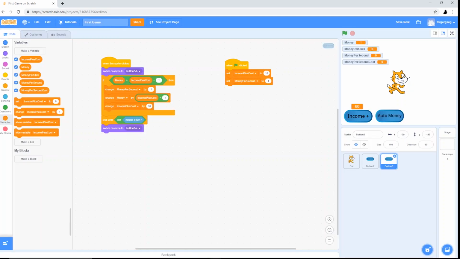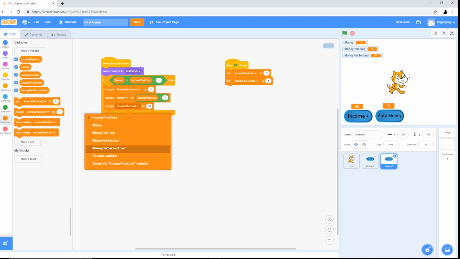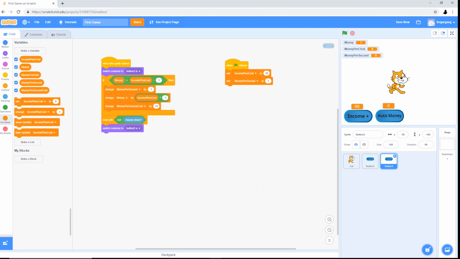And we can also just go back into the scene here, set that to large readout, and drag that down by auto money. And then everywhere that says income plus cost, just set that to money per second cost. Also, I'm going to say change that by 12 instead of 10, just to start with. And then all we need to do is say